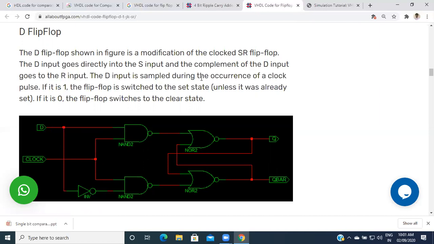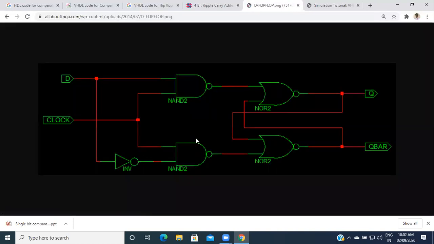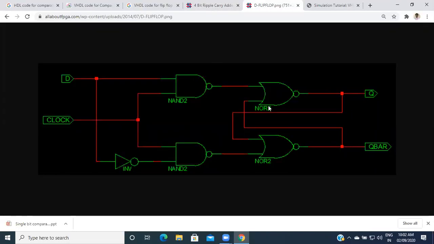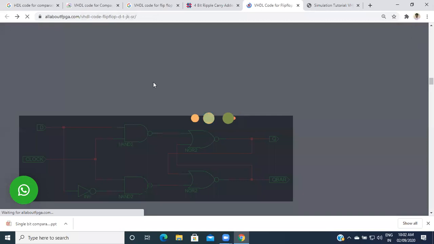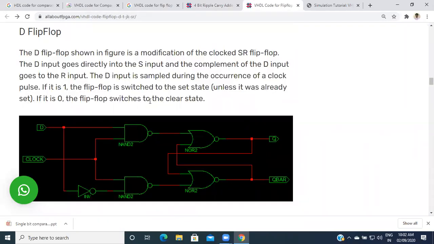The output changes during the occurrence of a clock pulse. If D is 1, the flip-flop is switched to the set state, and if it is 0, then it goes to the reset state, or what we call the clear state.